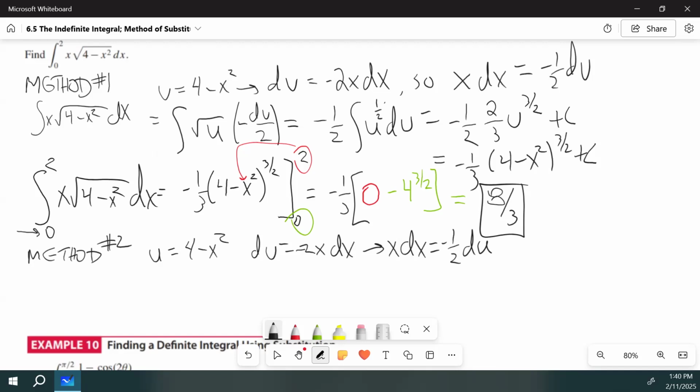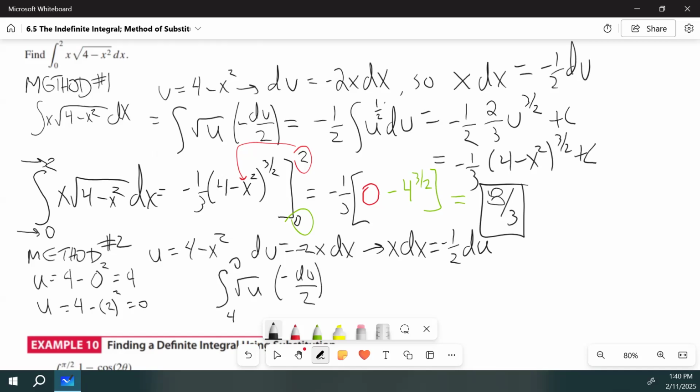Okay, so if I change it to be in terms of u is 4 minus x squared. So 4 minus 0 squared is 4. And then the upper limit was 2. So u equals 4 minus 2 squared, which gives us 0. Okay, so our integral is going to become the integral from 4 to 0 of square root u times negative du over 2, which is negative 1/2 integral 4 to 0 of square root u du, which is